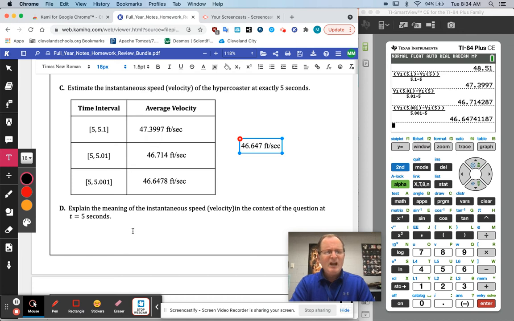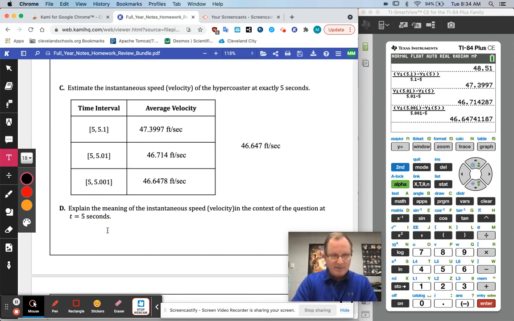Okay. So then it says, explain the meaning of the instantaneous speed in the context of the question. For this question, that is saying how fast you are going at that particular moment. And we'll talk more about speed and velocity and all that later on. You may know if you've had physics, but for the time being, this is fine. So my explanation then would be,